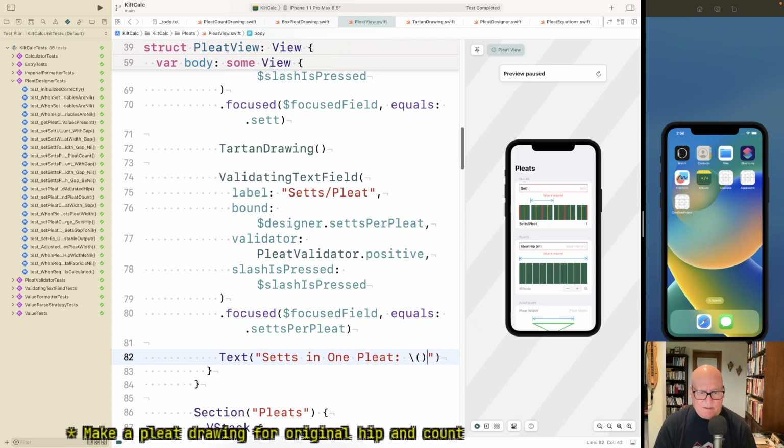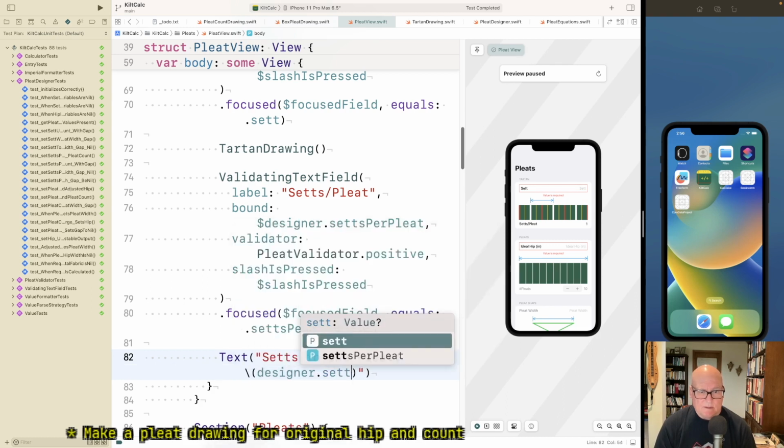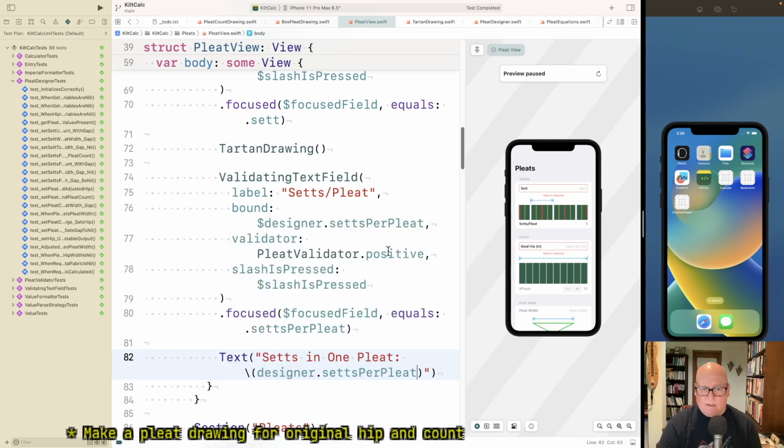Let's try it like this. PleatDesigner.settsPerPleat. I don't mind it for us, but